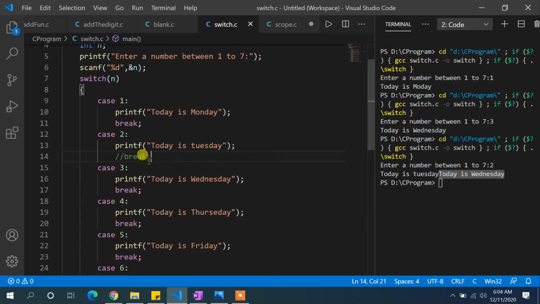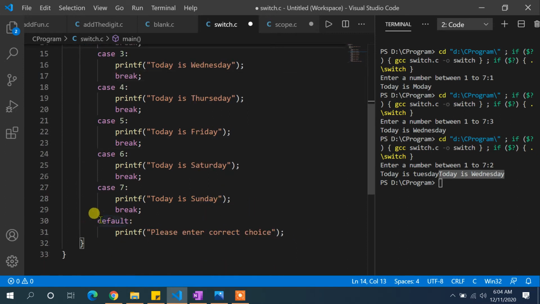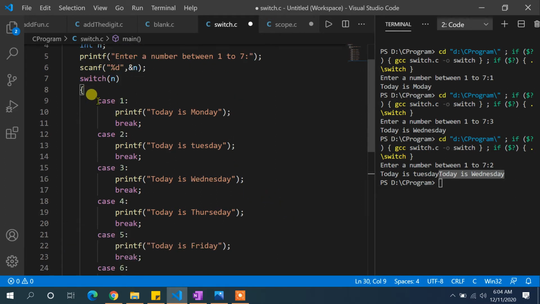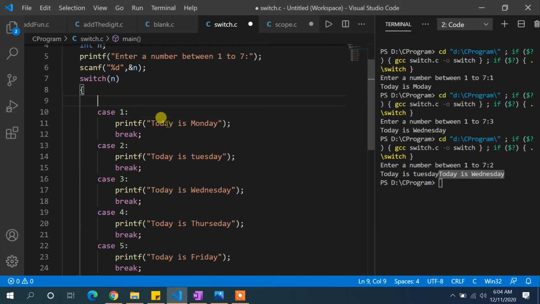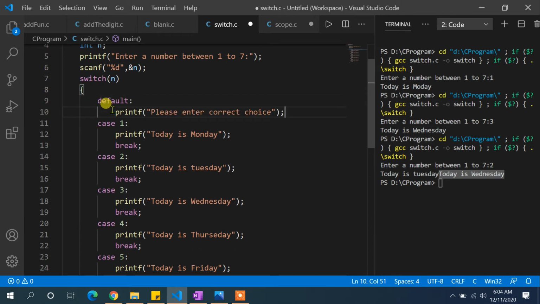The next thing that we are going to discuss in this switch statement is, can I write the default case somewhere else in this program? Yes, obviously. If you want to write this default statement before case 1 or in between any case, that is also possible. But if you change the place of the default case, you need to use the break statement. Obviously, if you don't use the break statement, the similar problem that we faced in the previous question, you are going to face that problem too.